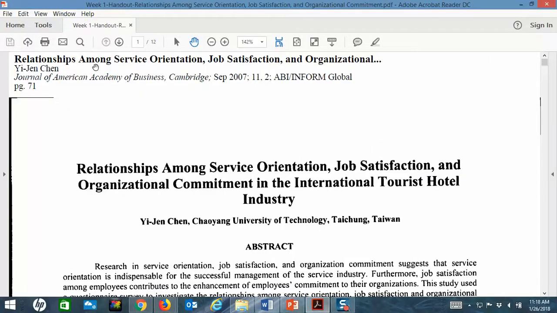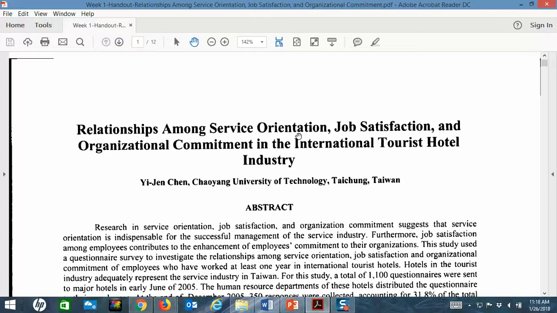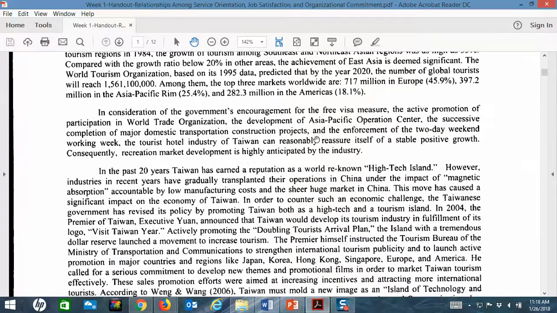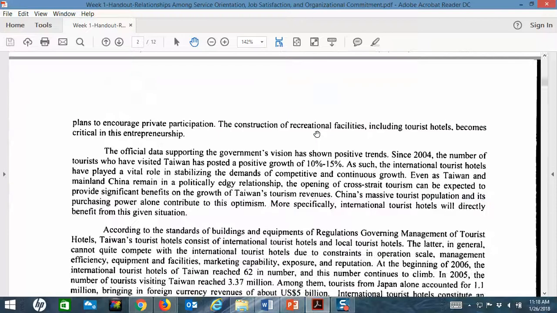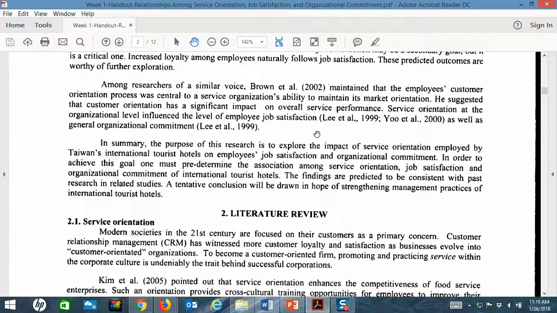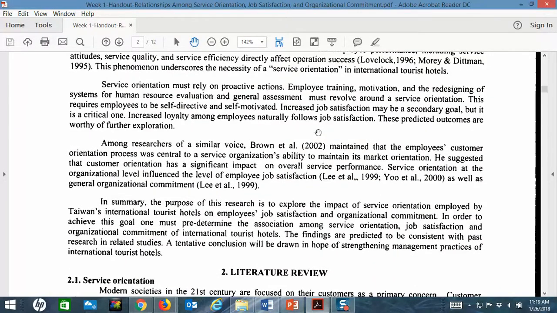This is an article, Relationships Among Service Orientation, Job Satisfaction, and Organizational Commitment. I use this in a lot of my classes because it's a great example of how you look at the variables in your study. The variables here are well pointed out right in the title: Service Orientation, Job Satisfaction, and Organizational Commitment. So if you grab this article, it has a good introduction, talks about what it is. You notice they use the tourist industry in Taiwan, and they talk about it in the introduction, but that isn't